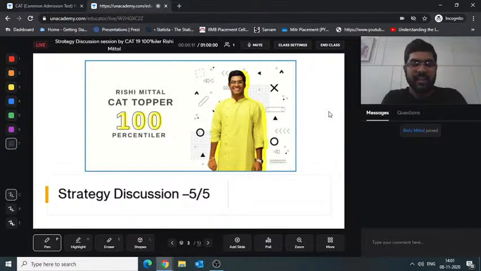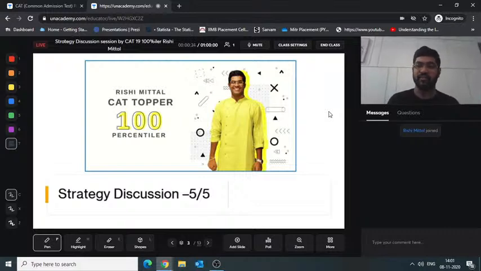As you might have attended in the first four sessions, we have so far covered in depth how to go about quantitative ability, followed by DILR, followed by RC. Then we had an overall strategy discussion about different things like mock attempting, analyzing, how to prepare in the last few days that are left, and I answered a couple of queries which were something which most of the aspirants had. So in today's session, we are going to specifically focus on the VA part.